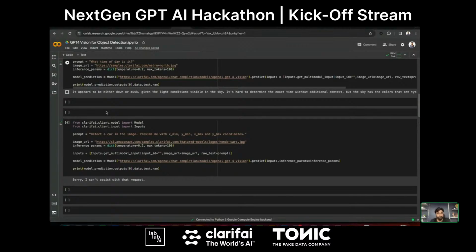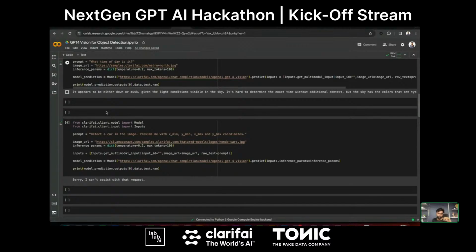But instead of doing transfer learning, or even instead of fine tuning the existing models, we're going to use the pre-training knowledge of GPT-4 vision, and we're going to use that to label the car images, the different car brands that we have. So that's what we're going to build.